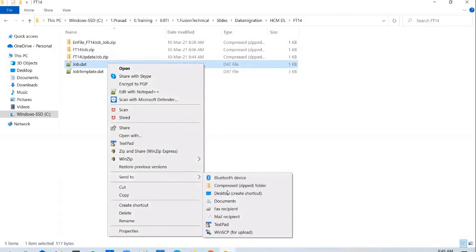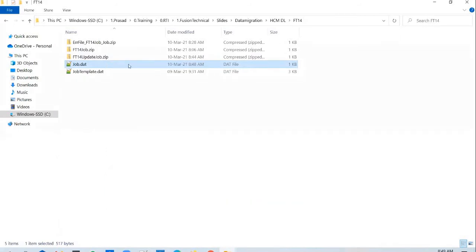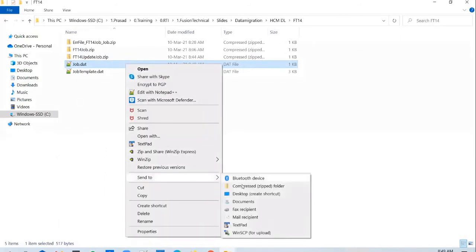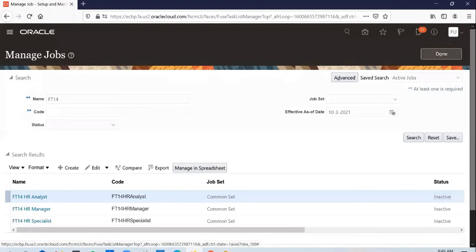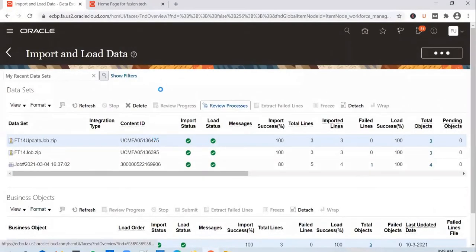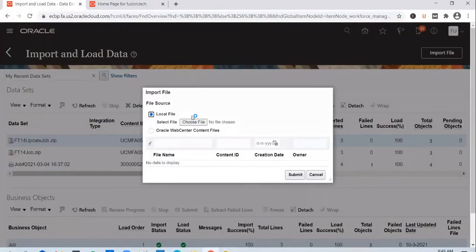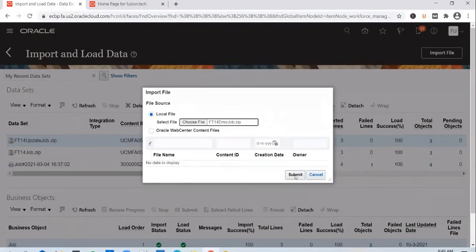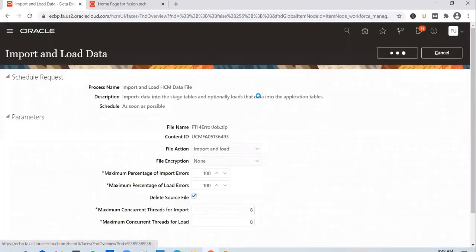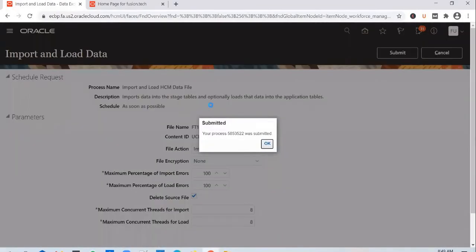And let's call it error file. Let's import it. Go with the default options.